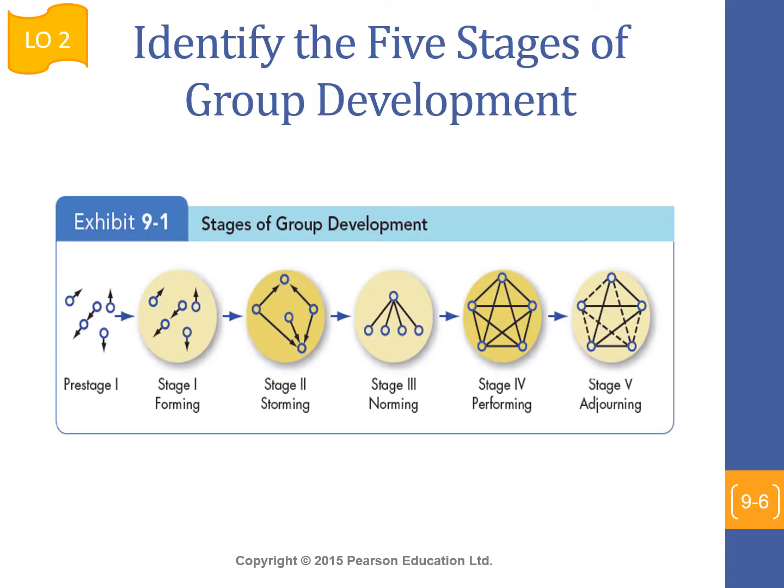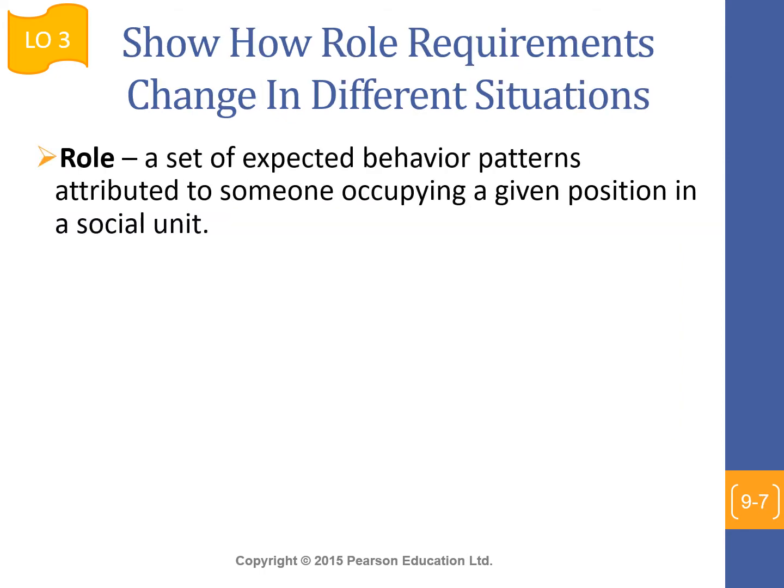Okay, so 5 stages of group development. Before this, in SMG 453, you have learned about the stages of group development. You have the same stages, only in SMG 453 you only have 4 stages, but here we have 5 stages. After performing, we have adjourning. Adjourning means that we are sustaining the relationship to ensure that we can keep up a good relationship with that particular group.